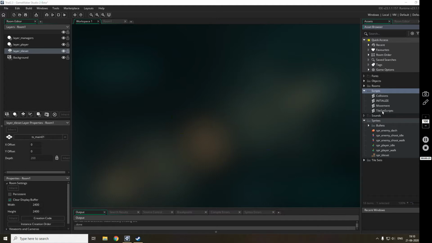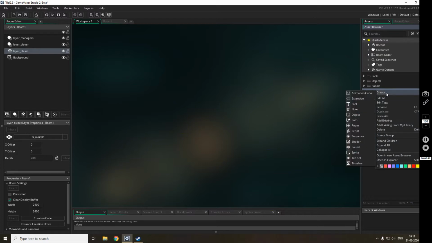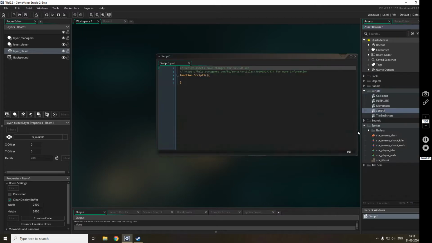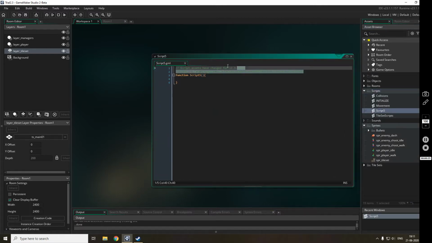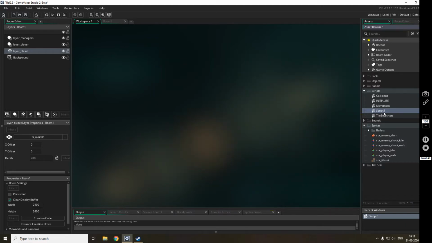So today we'll be implementing shooting mainly from the player, but to implement that we'll be creating a script because the shooting will be the same for all, meaning the player as well as the ranged enemies. So we'll try to exploit the new features of GameMaker Studio 2.3 to handle this shooting efficiently so that we don't have to write a lot of duplicate code.